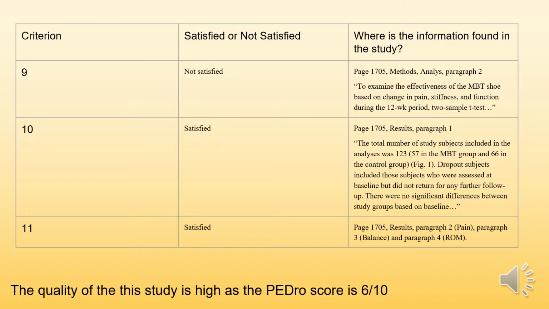It has been discussed in page 1705, results, paragraph 1. The last criteria is estimates and variability, which is satisfied, as mentioned in page 1705, results, paragraph 2, pain, paragraph 3, balance, and paragraph 4, ROM.